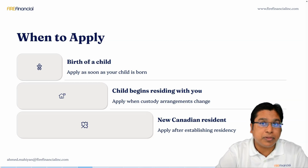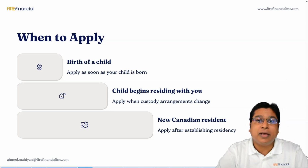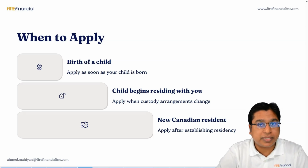Now, some people come to Canada as a newcomer. In that case, whenever you are establishing residency in Canada, this is the time you have to apply to the government and let them know what you are eligible for. And there are situations where the child may not live with you, and maybe they are living outside of the country and coming back to establish residency in Canada. Anytime that happens, you have to let CRA know, and then they will calculate the benefit amount from that date